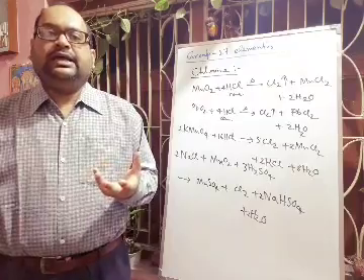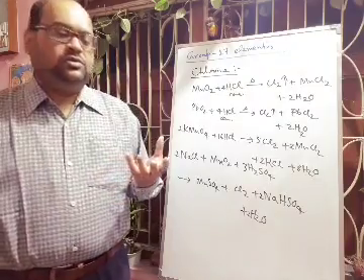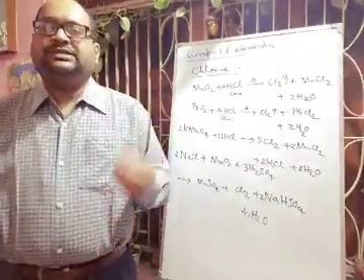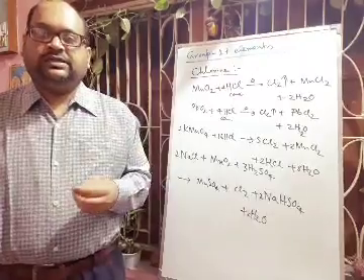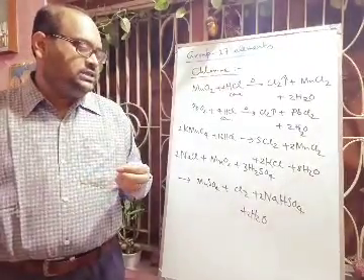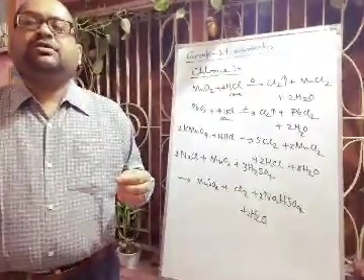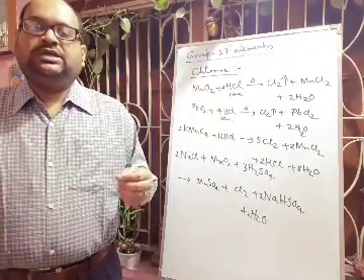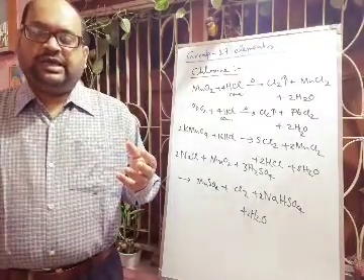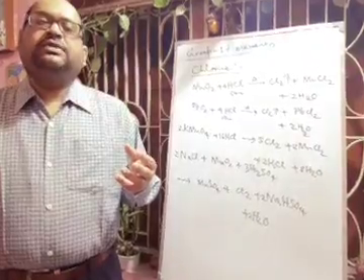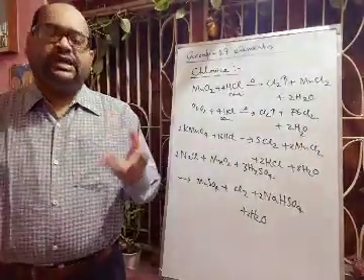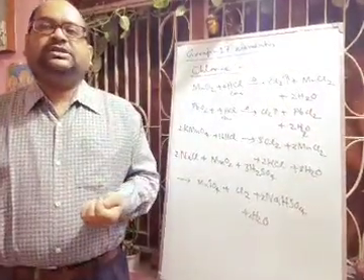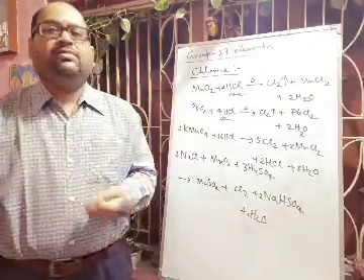And another thing, to remove the water vapor, you have to pass this chlorine gas through concentrated sulfuric acid. Okay, so you know that concentrated sulfuric acid is a what? Concentrated sulfuric acid is a strong dehydrating agent that will absorb the moisture. Okay, next we will discuss the chemical properties.